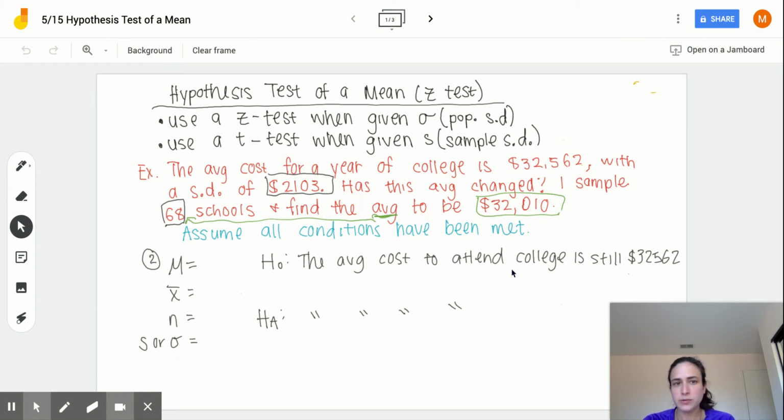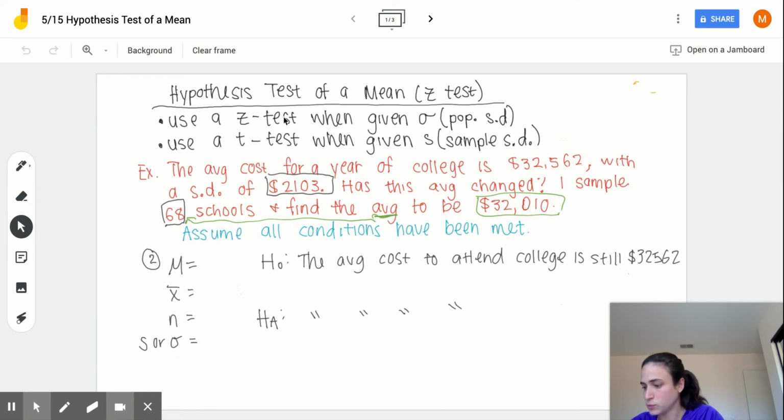Okay, so we're doing the hypothesis test of a mean, which could actually be two different tests. It could either be a z-test or a t-test. Now, whether or not it's a z-test or a t-test depends on which standard deviation you're given. This is the same as it was when we did confidence intervals. So if you're given sigma, which is the population standard deviation, you're going to want to use a z-test. If you're given S, which is the sample standard deviation, then you're going to want to use a t-test. Okay, for the purposes of this, we're going to be doing a z-test to start, and then afterwards we'll do